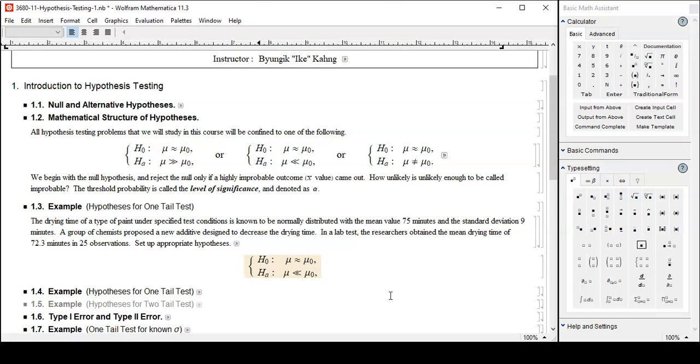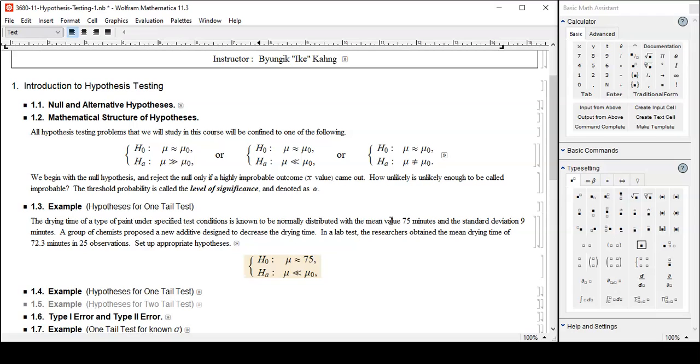All right, now what is the null value? Status quo. We have two competing numbers. Which is it? Clearly, it's not 9 or 25. It should be 75 minutes or 72.3 minutes. Which is it? It's 75. Say 75 minutes. Because, number one,